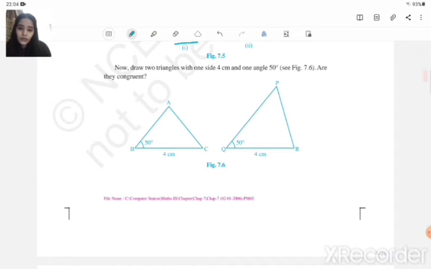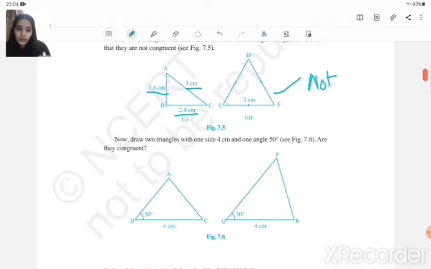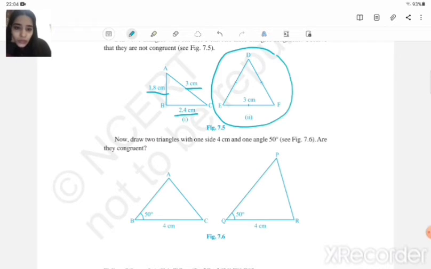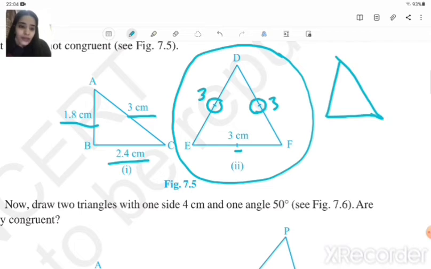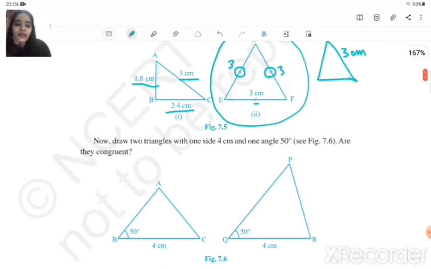Now in this triangle also, wait, I'm so sorry. Okay, so here in this figure we will not assume that this is an equilateral triangle unless it's given to us. In this figure it is given, how? Because this sign is mentioned, right? This means it is of 3, it is of 3, and it is of 3. But if it would have been mentioned like 3 centimeters only, though it will look like an equilateral triangle, we will not consider it as an equilateral triangle until it is given to us. Just remember this thing, this is very, very important. So yeah, in this case these are not congruent.